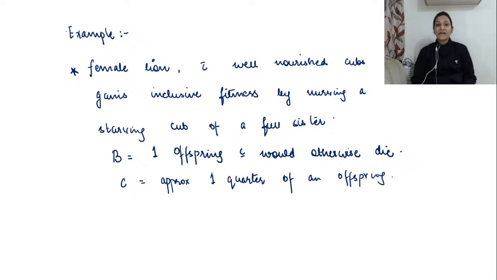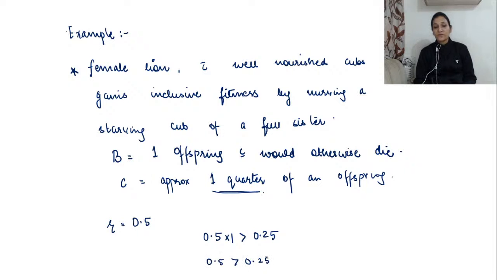So given that the average genetic relatedness, that is R, between two full sisters is 0.5 because they are full sisters, according to Hamilton's rule, which says that R into P should be greater than C. So it should be greater than 0.5? So this cost is 0.25. So 0.5 is greater than 0.25. So in this, the genes of altruism are spread by promoting aid to the copies of themselves, right? So this is the example.